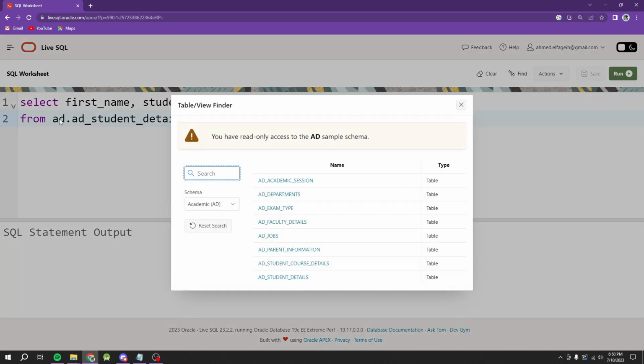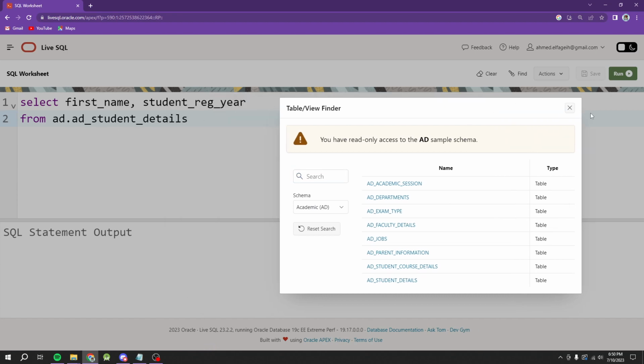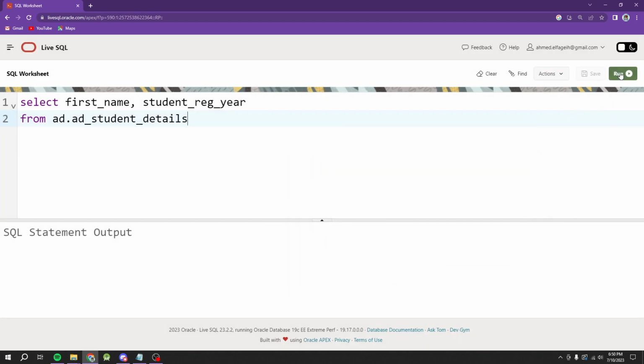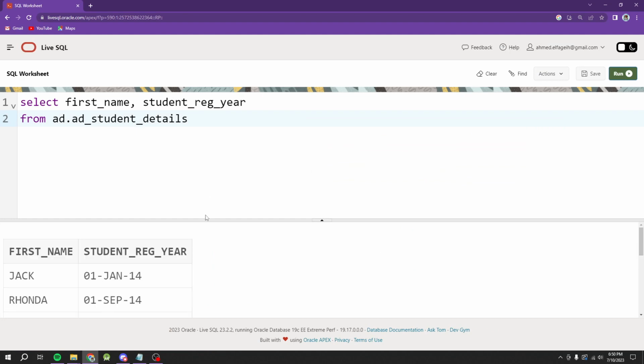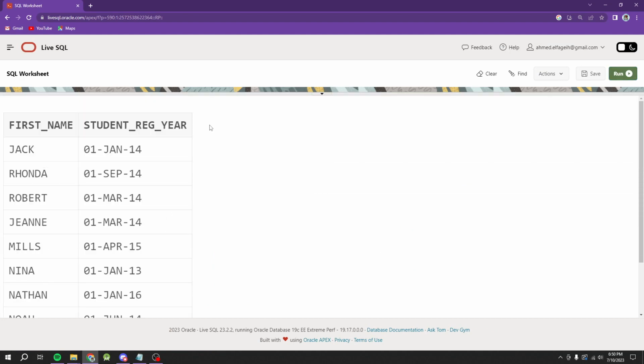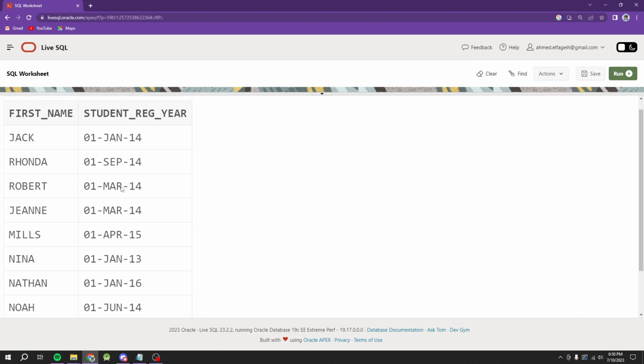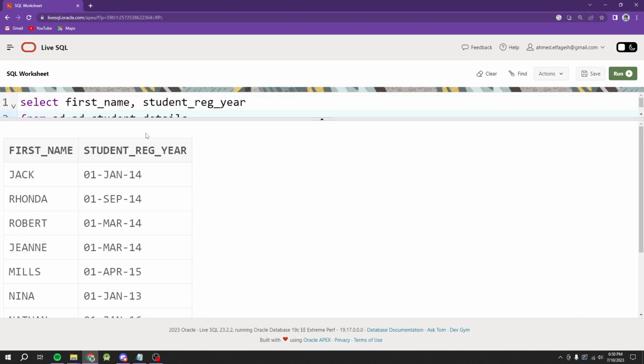So let me again click here. You have to go to the AD database, which is academic. Then you go to AD underscore student underscore details, which is right here, okay? So after that, you will click run. When you click run, as you can see here, these are the data that are